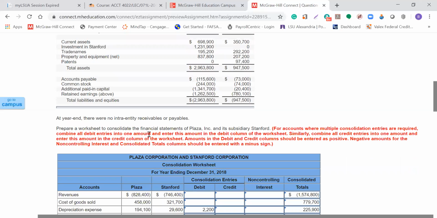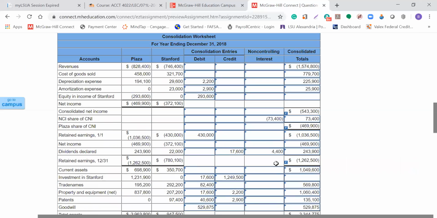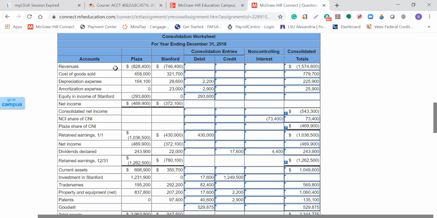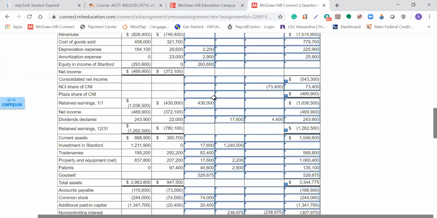And then it asks you to prepare the worksheet. Here you can see the worksheet preparation that's required and the debit and credit entries that go along with those. We had entries for depreciation expense, amortization expense. We had to deal with the equity in Standard, of $296,936. We had the NCI share of the CNI, the retained earnings of $430,000, dividends declared for